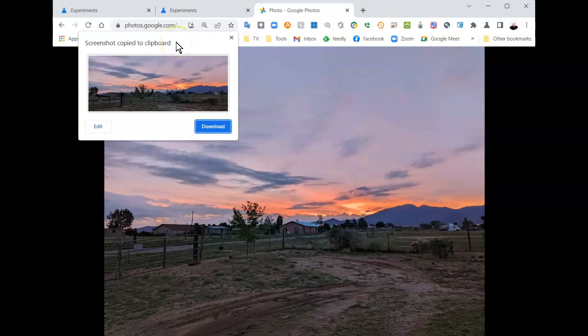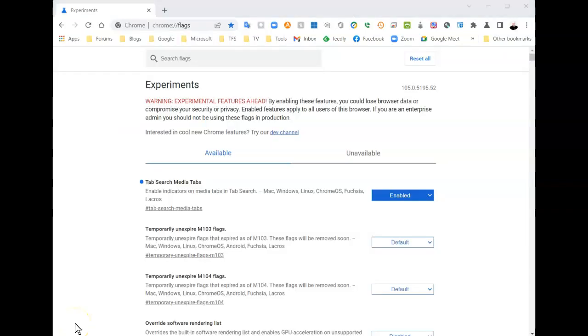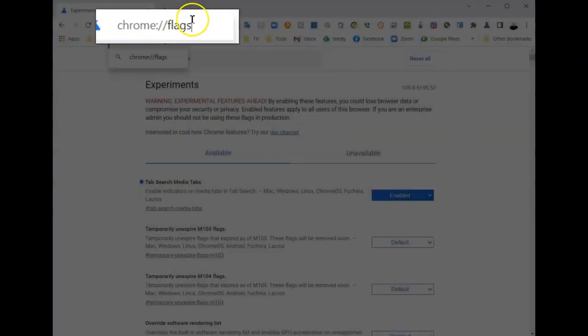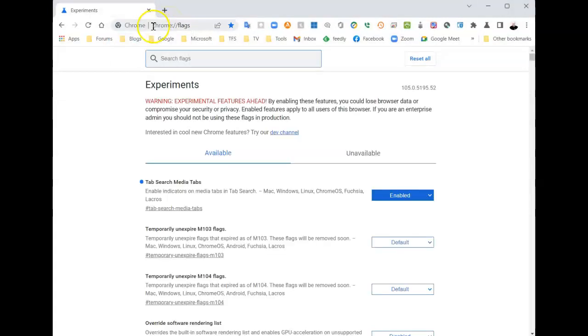Let me show you how to set this up so that it works on your Chrome browser. To get this experimental feature working, simply open up the Chrome browser and then type the following in the address bar. And then hit enter. And when this opens up, as it says here, these items that you can activate are